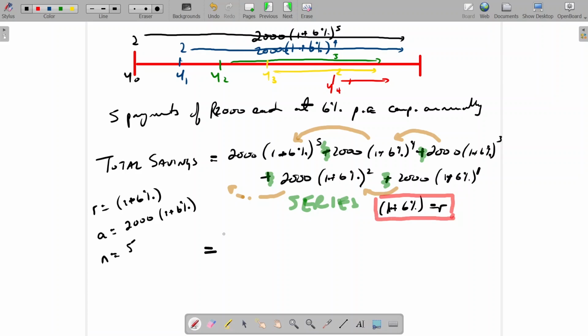So we've got a formula for geometric series, sorry, wrong formula. The sum of n equals a r to the n minus 1 over r minus 1. If I was to plug these values in here, I would get a formula that says my total savings would equal